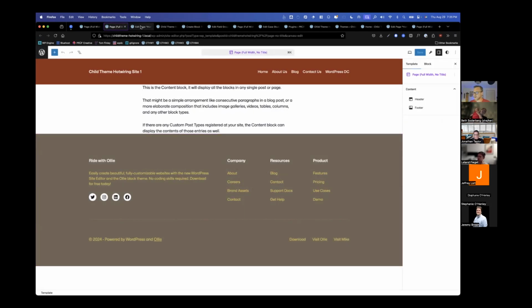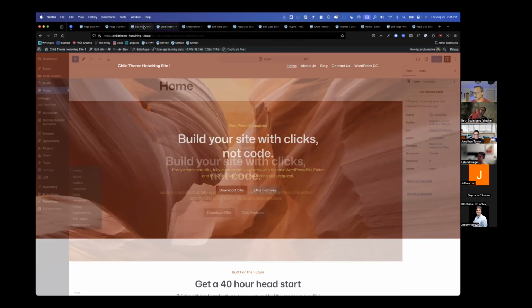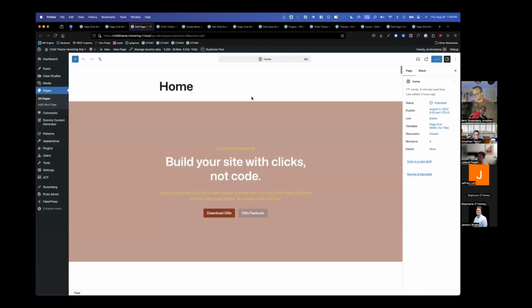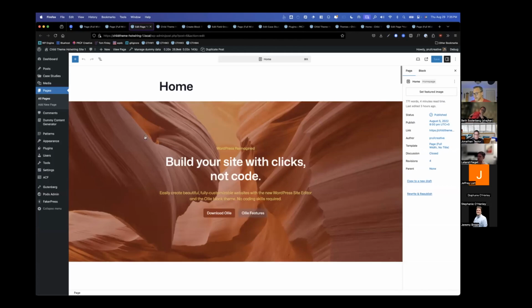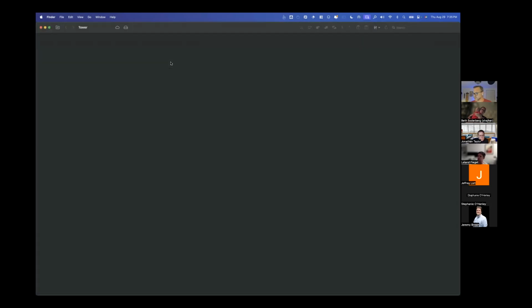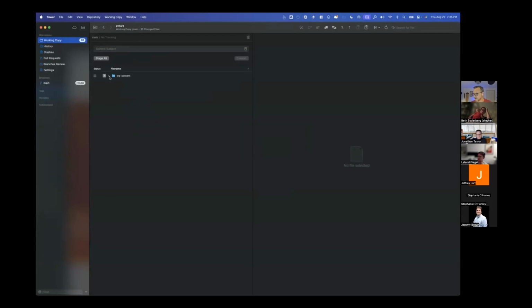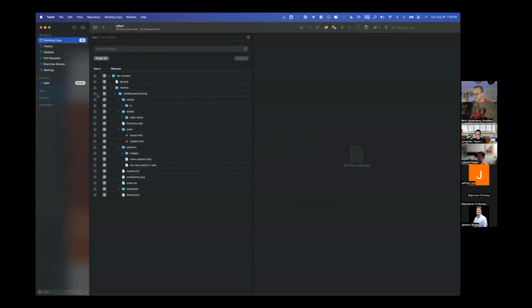Okay, so nothing's fundamentally changed here on the front end. Nothing's changed on the back end. But what has changed, see if I can, oh, my version control is down. So what has changed is all of these items are now trackable.